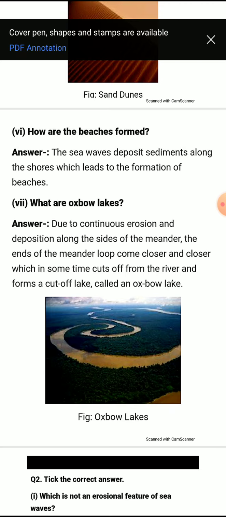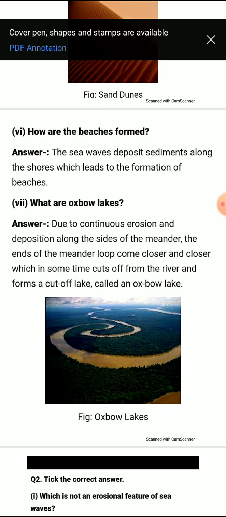Next we have talked about, what are oxbow lakes? What do you mean by oxbow lakes? We have discussed this topic at page number 15 in your textbook. You can check, and the picture is also given here. When you see this picture, you can easily understand the meaning of oxbow lakes. Due to continuous erosion and deposition along the sides of the meander,